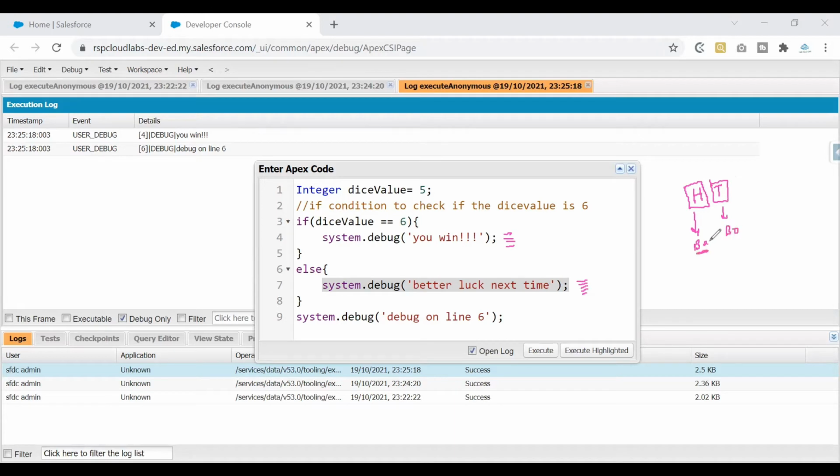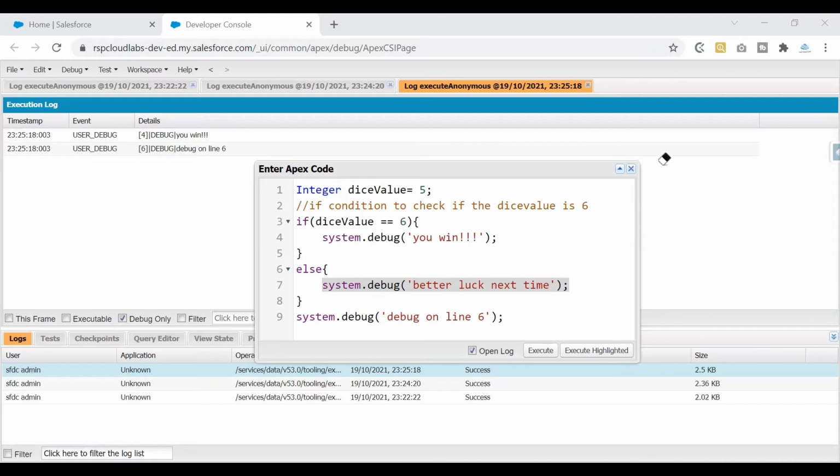So if you see, there is a certain set of instructions that you're following. If it is heads, you're going to bat first. If it is tails, the other person wins the toss and you'll be doing the bowling. So there is a different set of activities that you're doing depending on the outcome of the action that you're doing. Same thing applies here. So if it is 6, then you will win, else you repeat the process again. So that is how we can make use of your if and else. There are two possible outcomes, and if you have two different activities that you need to do, that is where you would use if and else logic.